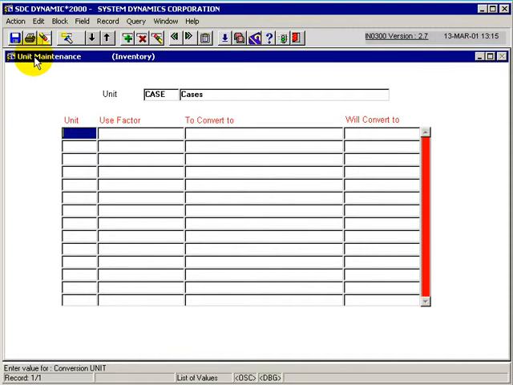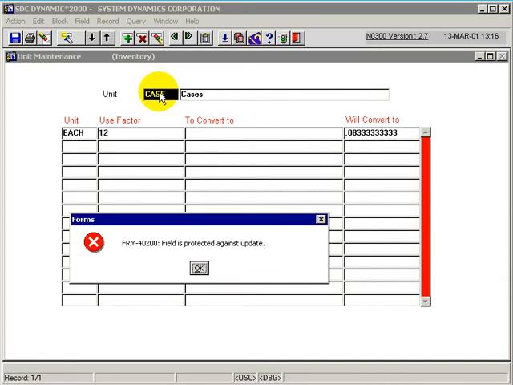and we can optionally at this point define any conversion factors, knowing that we're going to set up a unit of measure of each. We could simply define here the unit of measure of each, and cases will convert to eaches using a factor of 12, depicting that there would be 12 eaches in a case. The system will automatically create a conversion factor from eaches to cases, so that it can actually convert between the two. If we save this to the database now, and we come back up here and we define to the system